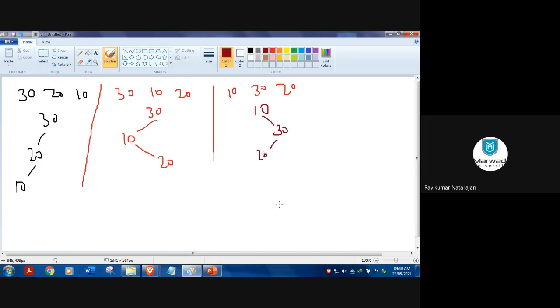Is it done? Then what will be the order for this one? If I say 10, 20, 30: 10, then 20 on right, again 30 on right. So the first one is left skewed and then this one is right skewed, right? The fourth one is right skewed. But we don't know the name of this one. What kind of is this? So what are the possibilities left still?